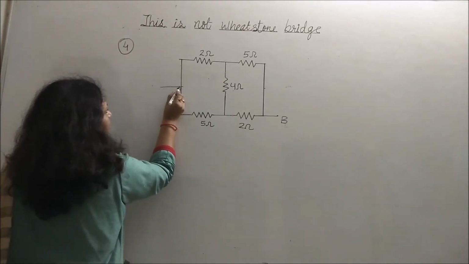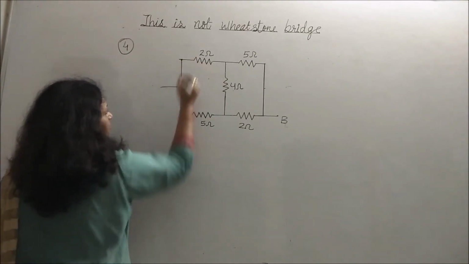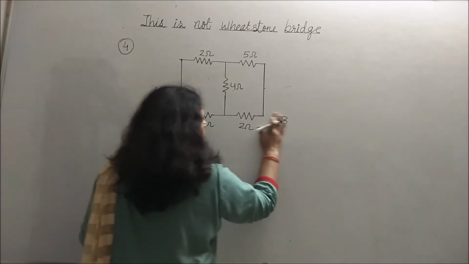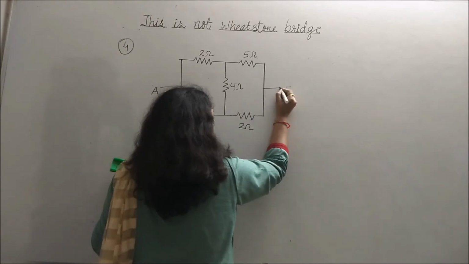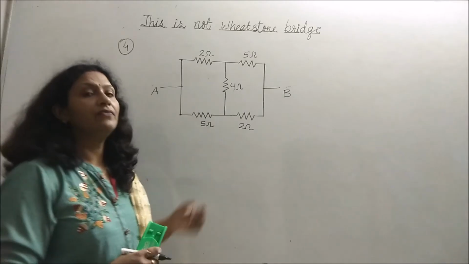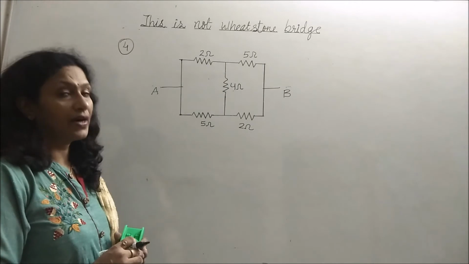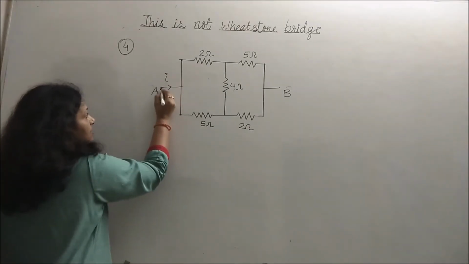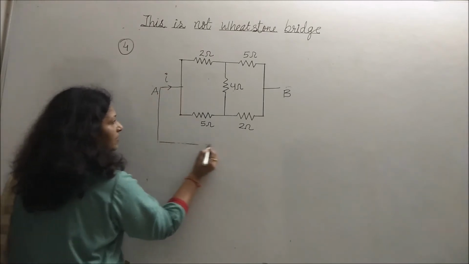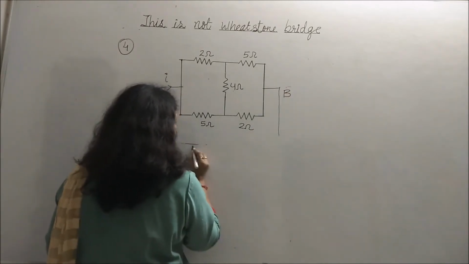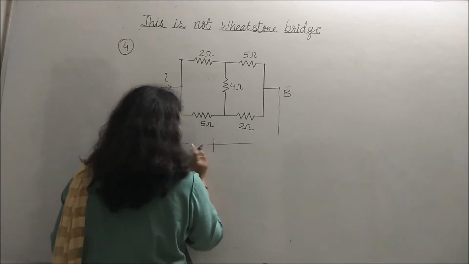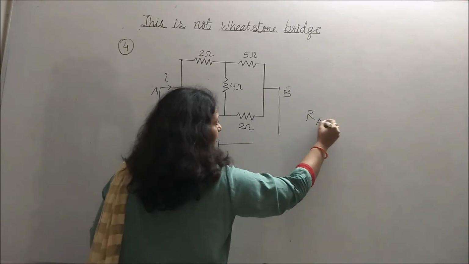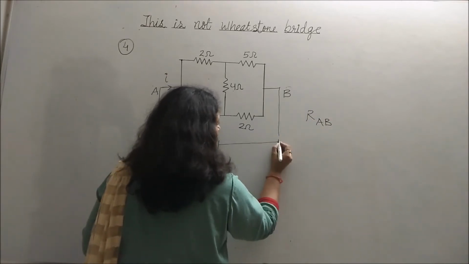Connect these points here, because these are connected between these two nodes. So we can show it here also. That will make our circuit more clear. And first we have to assume the currents in this circuit. Suppose the battery would be connected here between these two AB terminals, where we have to find the equivalent resistance. RAB or R equivalent we have to find.